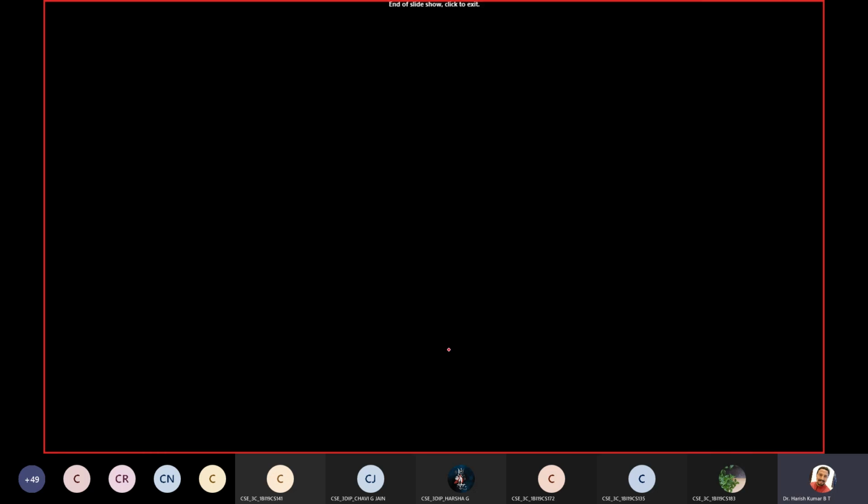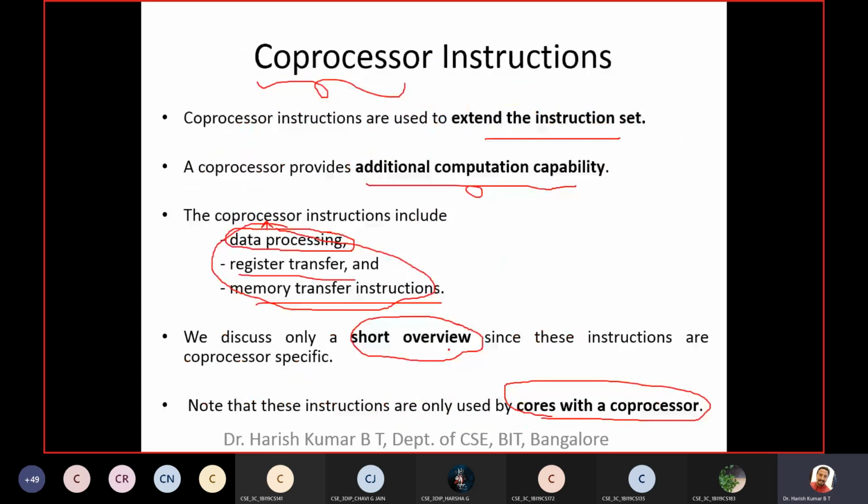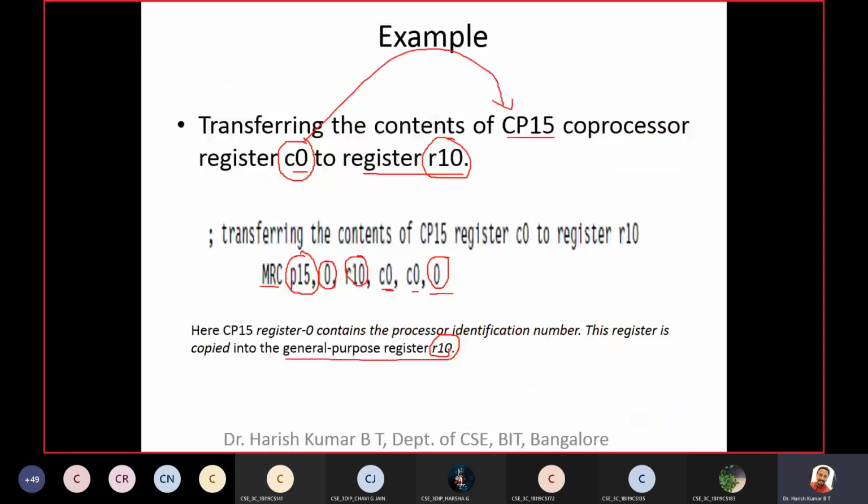So that's the end. We are done with chapter 3 of module 2. It was a very lengthy chapter, and today we made it possible, we completed it. So the next thing is